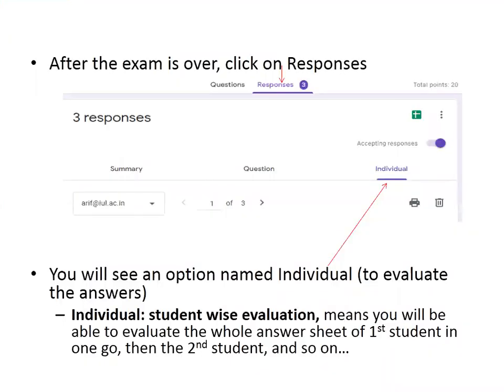So how do we check? We go back to our form and go to the Responses side. Here 3 signifies the 3 responses, the 3 people who have given the quiz. Then we click on Individual to evaluate each question of each student individually.